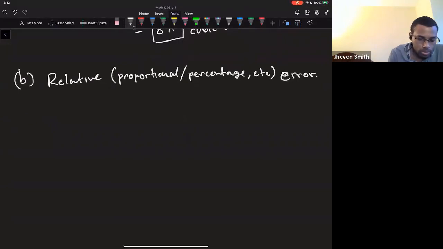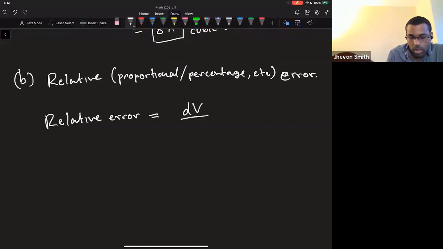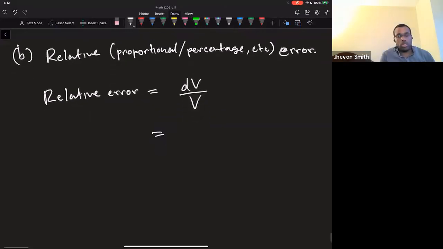So the relative error is going to be essentially dV over V. Like how wrong were we out of the total volume? So this is going to be